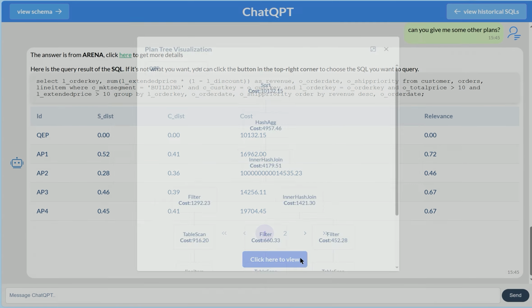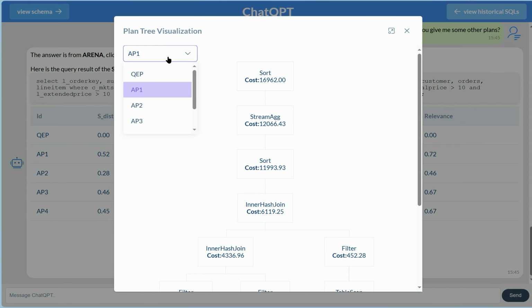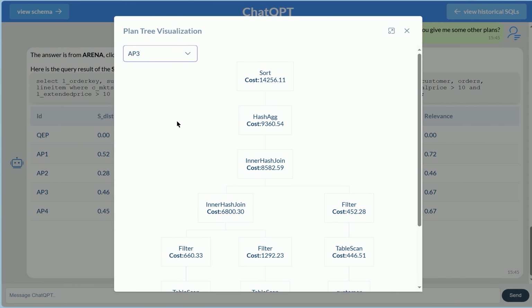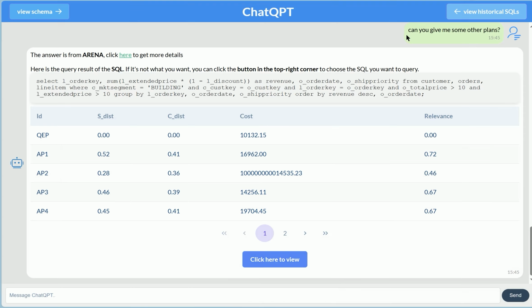As shown in the demonstration, ChatQPT provides support for multiple relational query processor education platforms. Instead of visiting other websites, users can learn about the relational query processor through ChatQPT alone. Users don't even have to know what relational query processor education platforms are available, they don't have to understand how to use these platforms and what services these platforms offer. Which will save them a lot of time and effort. They just need to submit questions to ChatQPT and then spend more time on learning.